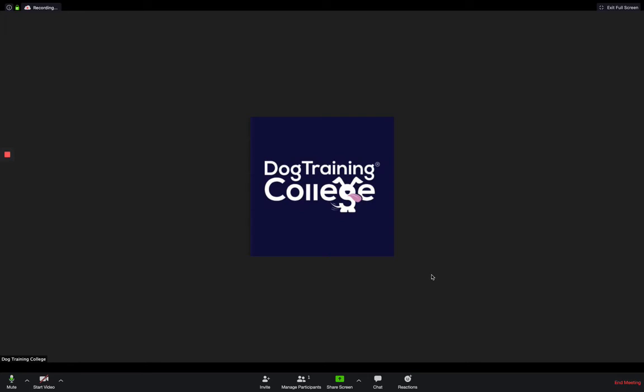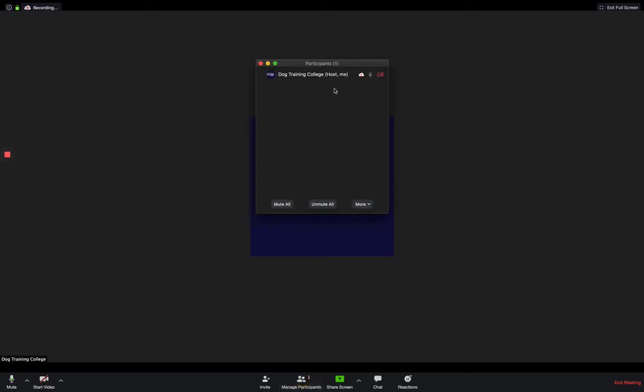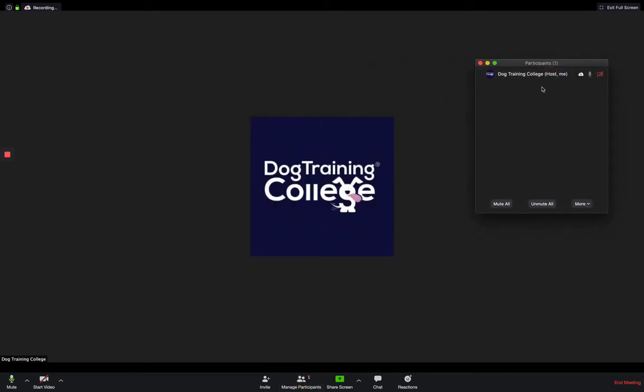So the next feature is manage participants. Managing participants is really easy. You just click on it, and you will be able to see who's actually in your meeting, and you can either mute them or rename them as well. The next option after that is you can mute all participants if you had a long list of them, and unmute them. And there's the more option as well if you wanted to mute them once they join the